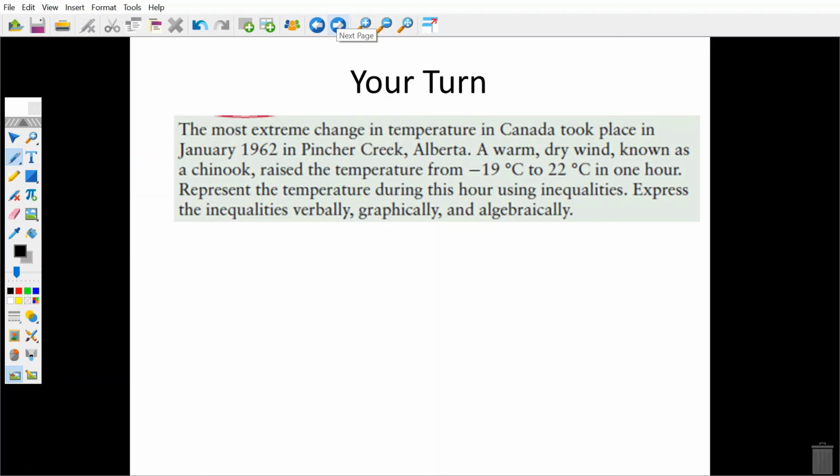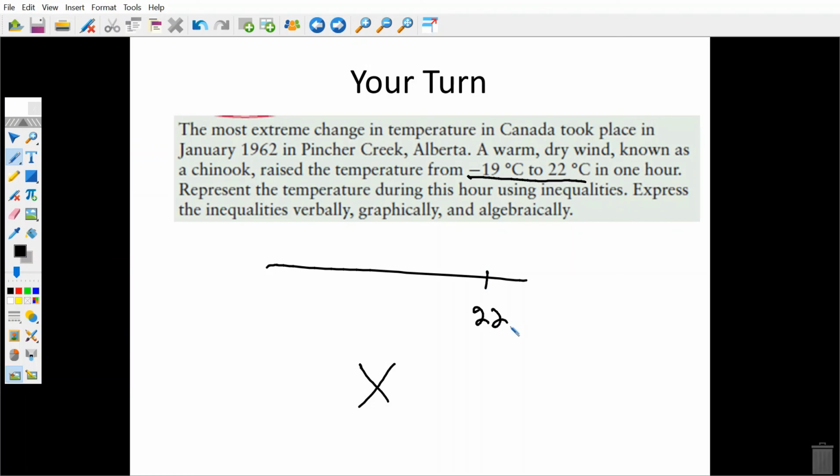It says the most extreme change in temperature in Canada took place in Alberta. The temperature changed from -19 degrees to 22 degrees in 1 hour. Okay, represent this with a number line and algebraically. So please take a second, pause, make this a number line for this right here, and then write an algebraic expression as well. The answer is,